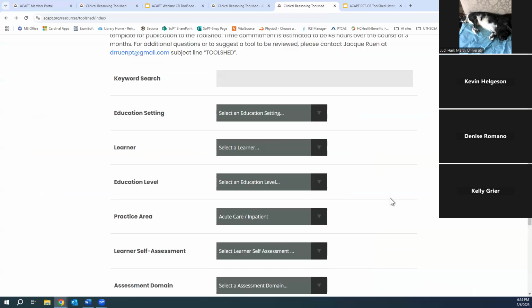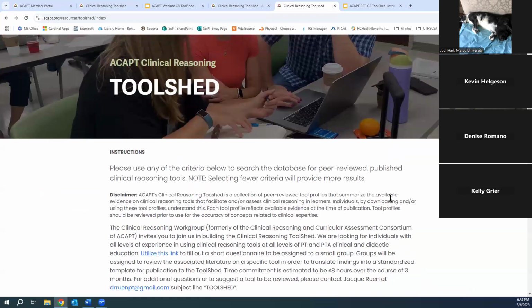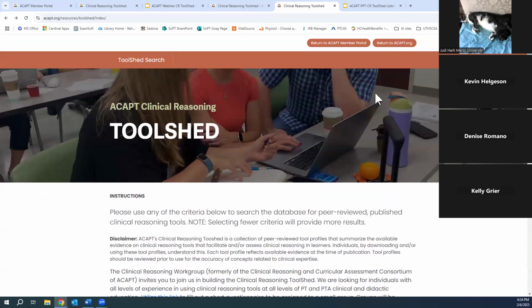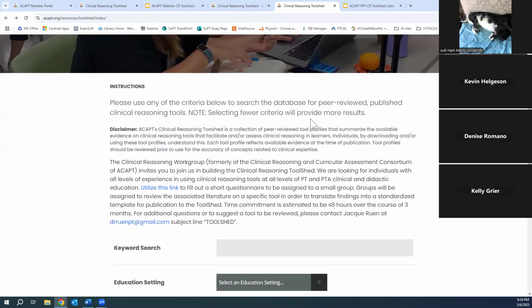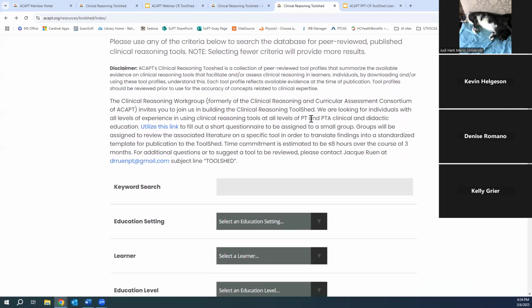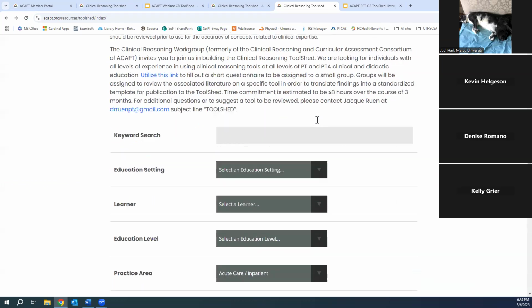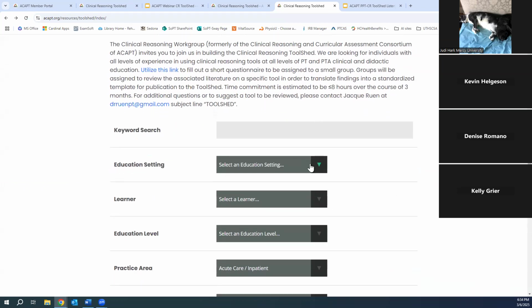All right, so here's the toolshed. To find it, you can use the link that Jackie shared with you, but it is also in the resources of ACAP's website. The first scenario I'm going to take you through is the didactic educator. So we're going to go to our education. Well, before I do that, I do want to